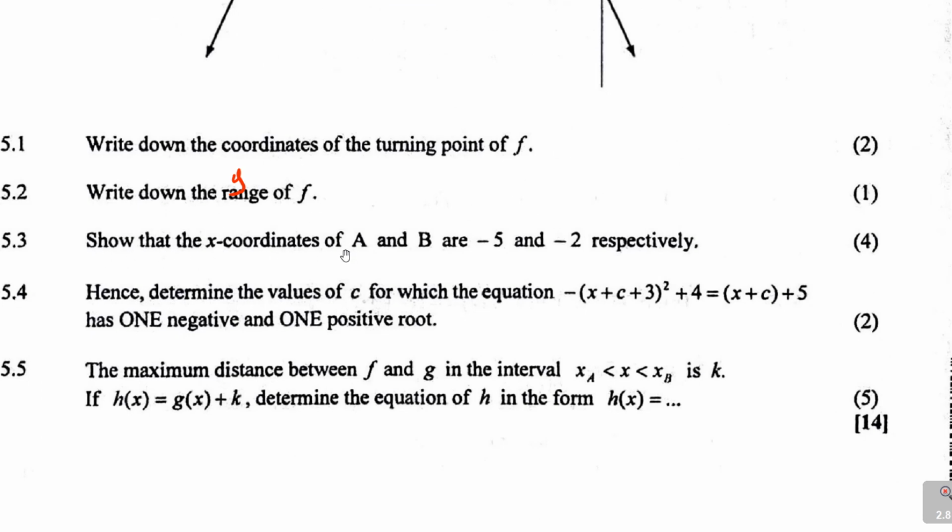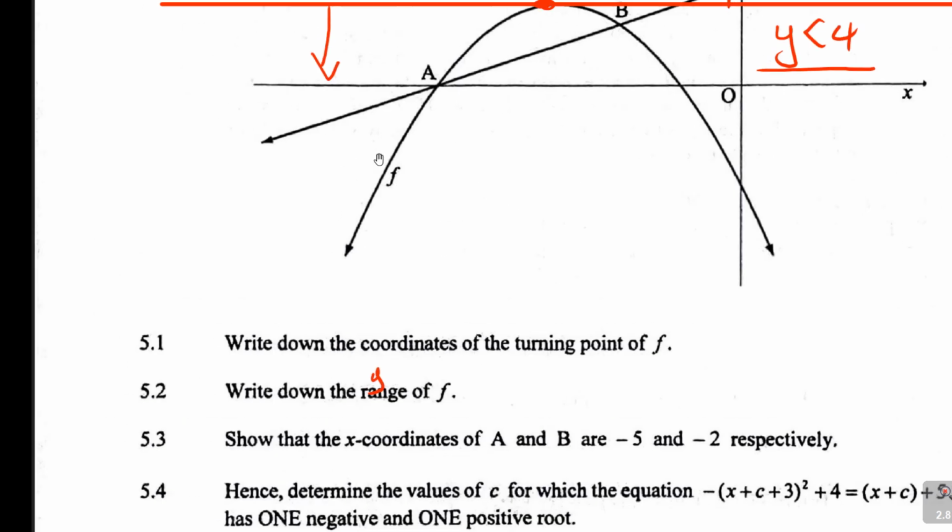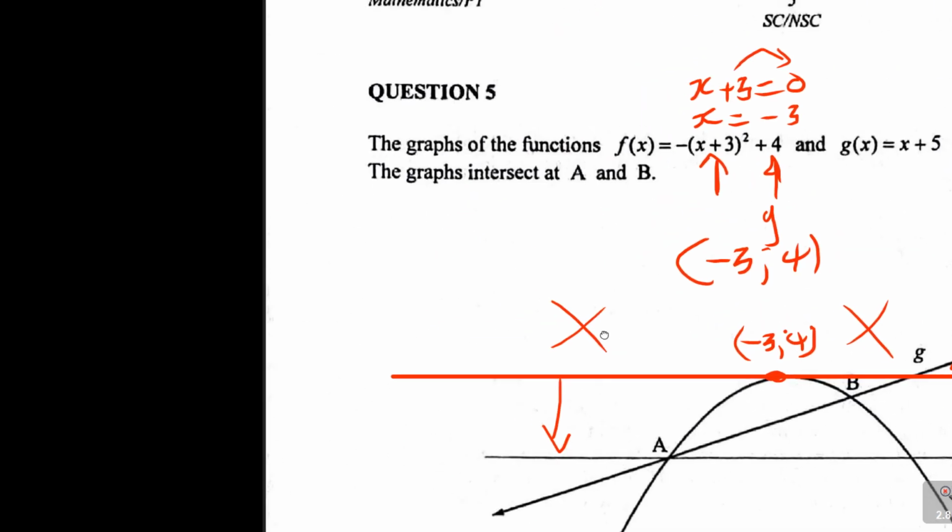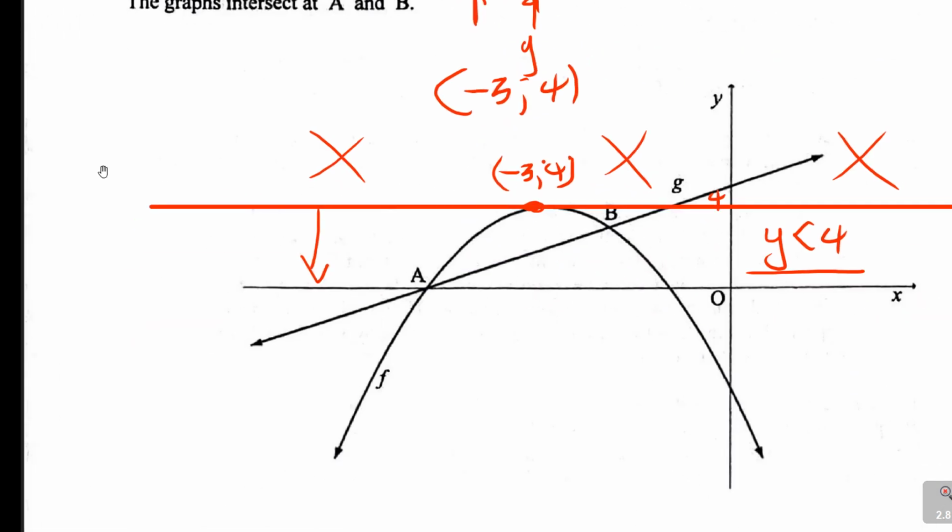Show that the coordinates of A and B are minus 5 and minus 2 respectively. Now, let me work this out. Another thing, what happens at A and B? What is happening? Look at this. One thing you must know, when graphs meet at a point, this is my B because it's not clear now, when graphs are meeting at a point, you must know those graphs at that point of intersection